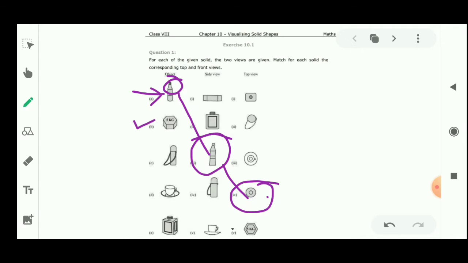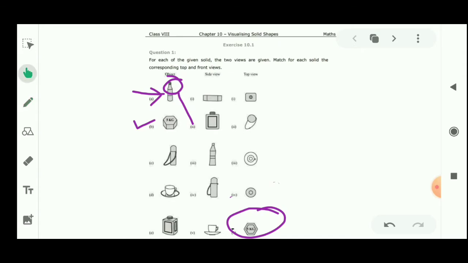The B part is the weights figure. This is the object, and when we see this object from the top view, students, we can see this object like this, because 5 kg, you can see 5 kg is written in this object on the top. So when we see this object from the top view, we can see only 5 kg.